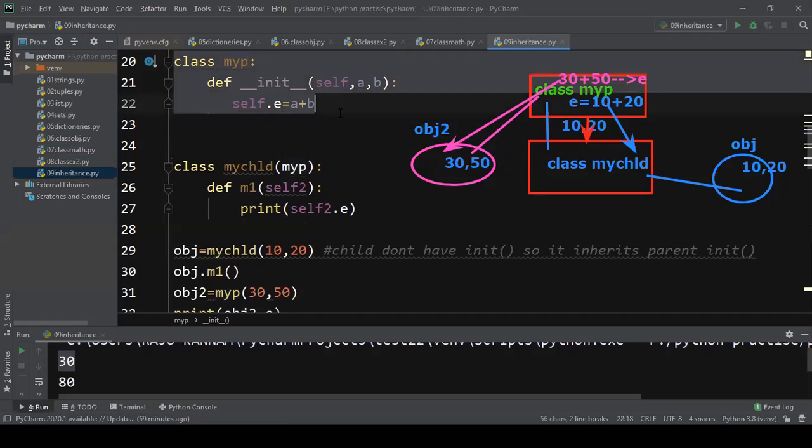In that class you do the other mathematical operations. Addition, subtraction, multiplication, division you leave. You do modulus operation, power operation, and floor division in another class.